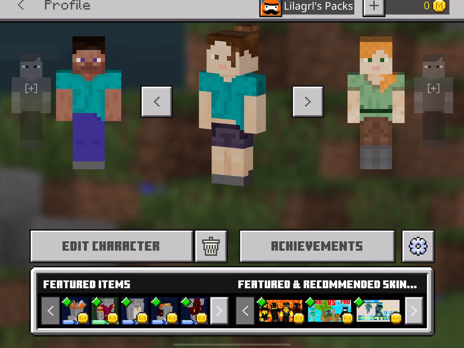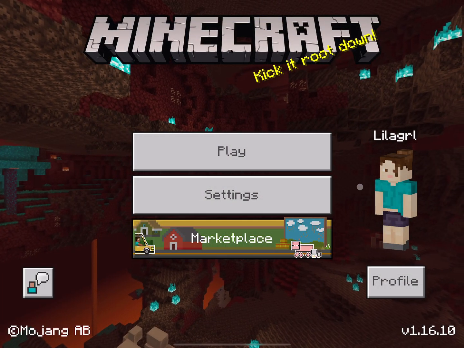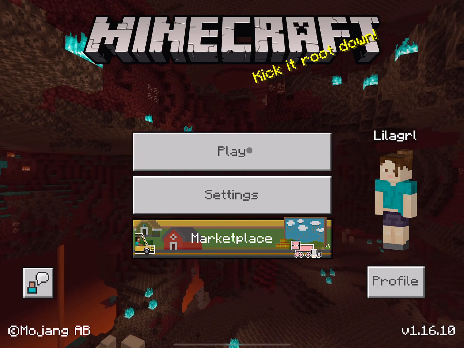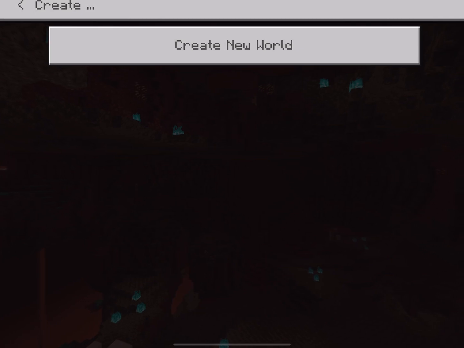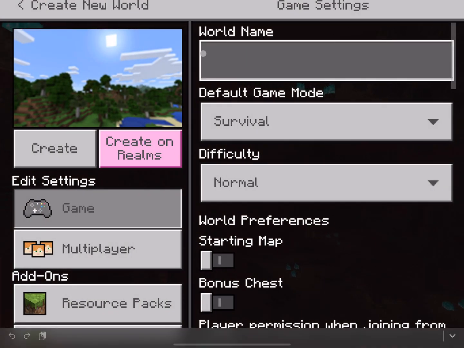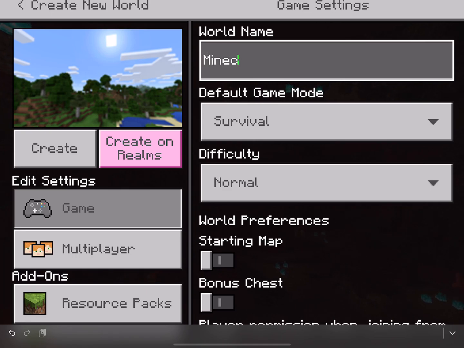So all you have to do to save your character is press the little back arrow next to profile, and now it's saved. Now to play, you press play and create new to make a new world. Create new world. And here's where you name it. So let's name it Minecraft